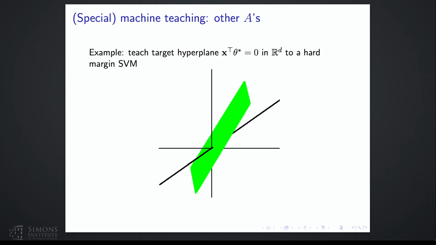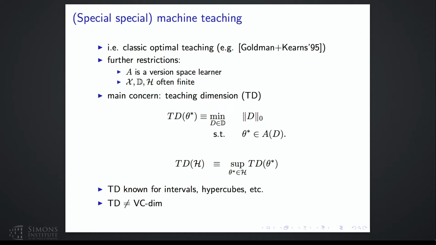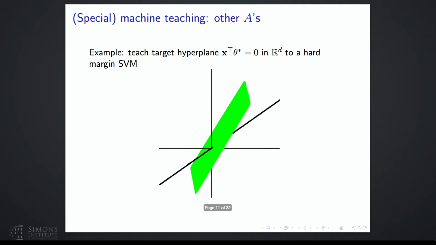Yes? Does that depend on the algorithm that you choose? It does. And here we are really using one specific algorithm. That's going to be the version space. It's only defined for the version space, at least for the classic teaching dimension. So I'm actually going to immediately move ahead from your question. The classic teaching dimension is defined only for version space learners. In this example, I'm going to move to other definitions of teaching dimension depending on the particular learning algorithm.